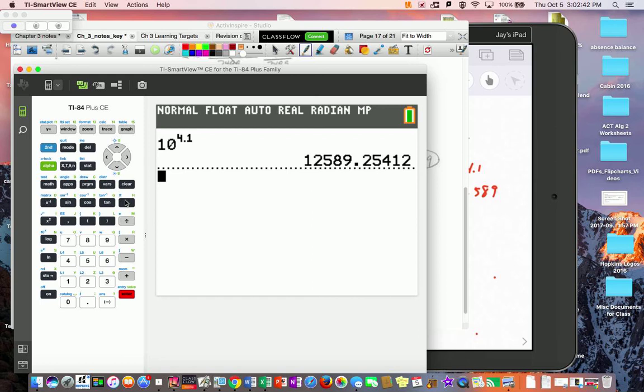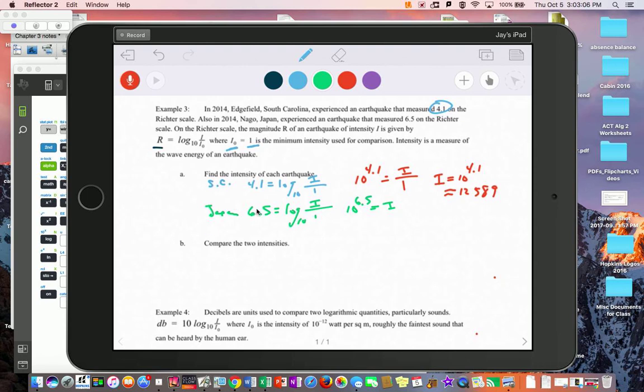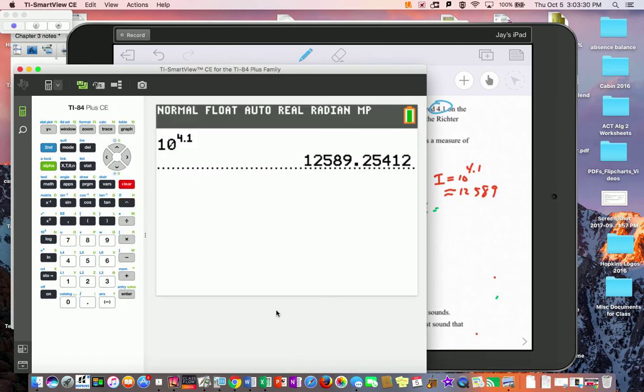And then the other earthquake was in Japan, and that had a 6.5. Again, the intensity divided by I sub 0, which is 1. So the Japan earthquake was a 6.5, and it's over 1. Logarithms are always equal to the exponent, so that 6.5 is the exponent. And I over 1 is just I, so all you have to do is calculate it. So I can go 10 raised to the 6.5, and that's